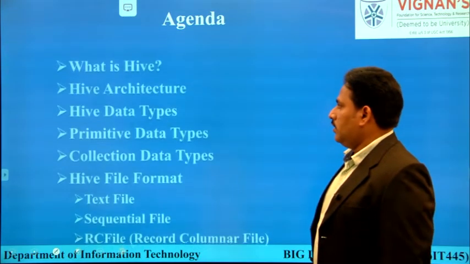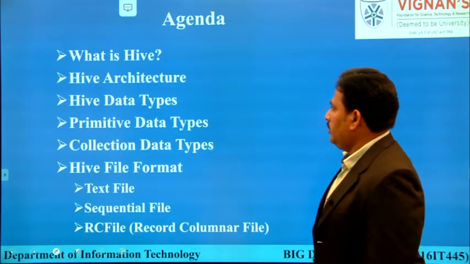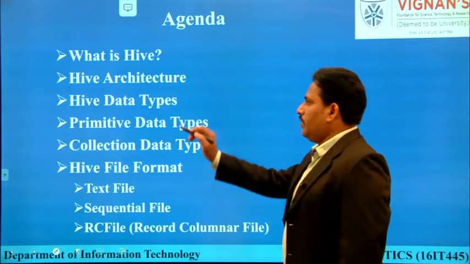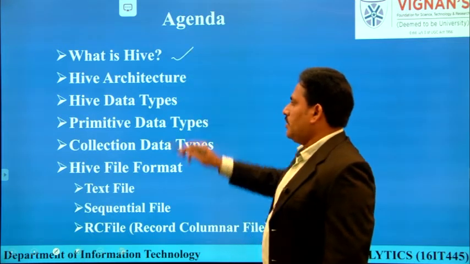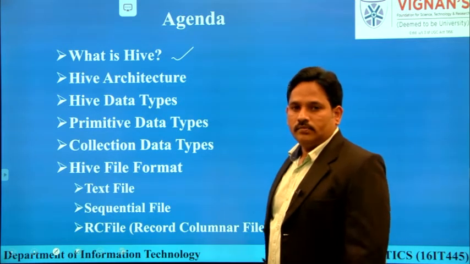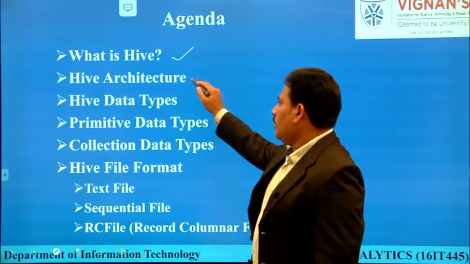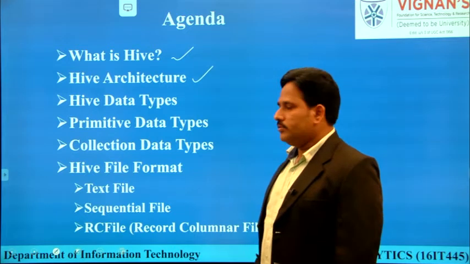Now have a look at the agenda. In this session we are going to see the basic definition of Hive, that means what is Hive. We will see the components and the working of each and every component of the Hive architecture.